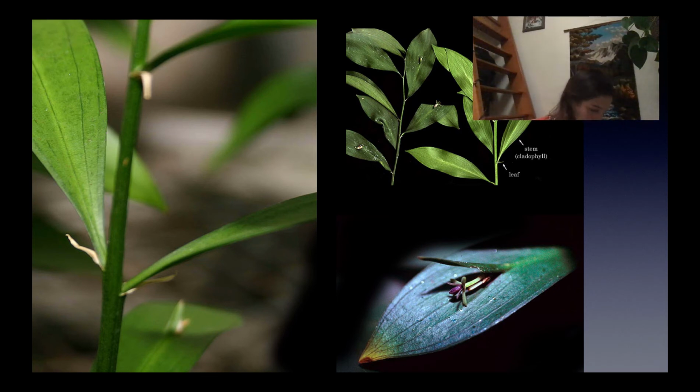What do we know about leaves? Leaves have axillary buds at their base. That's where branches grow. Well, here's the thing. The axillary bud is always sort of above it relative to its attachment point on the stem. And actually, this little piece of tissue right here, there's another one right over here. That's the true leaf. This, on the other hand, is the stem that is derived from the axillary bud of